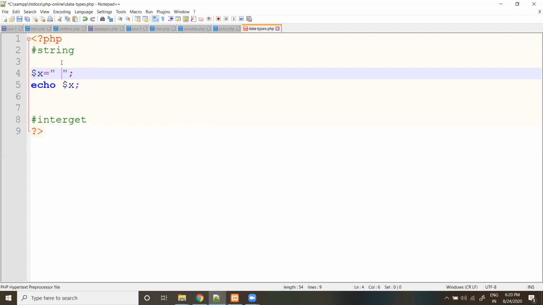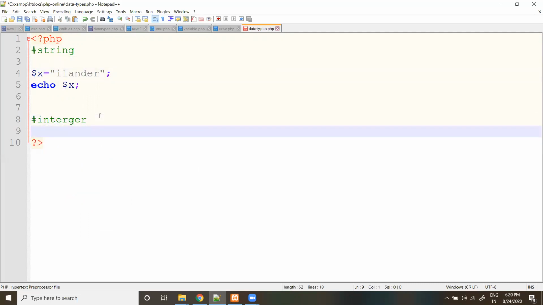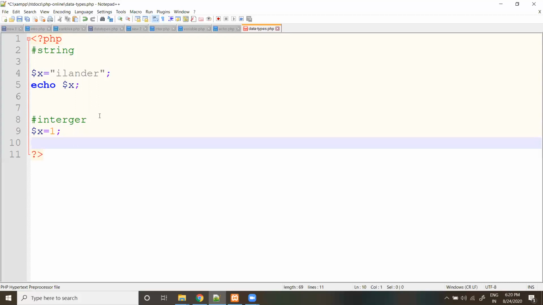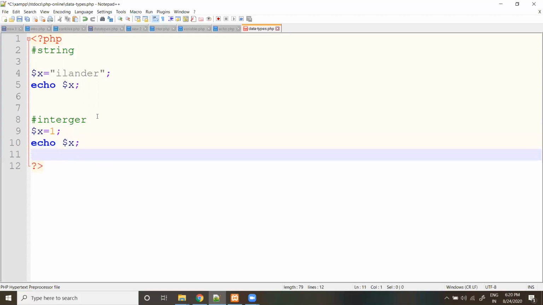Okay. If you want to go for integers, it must be a whole number, right? So I'm declaring $x as 1. If you want this, just echo $x. We can access it. So this is an integer. If we keep a decimal value like this, it does not come under integer, it comes under float. Okay. This is an integer.